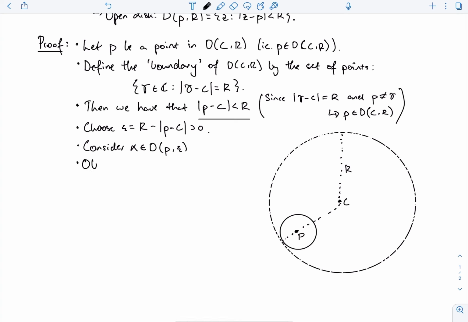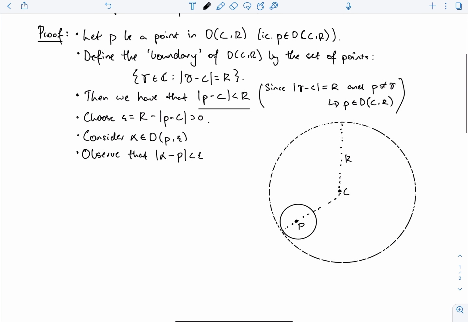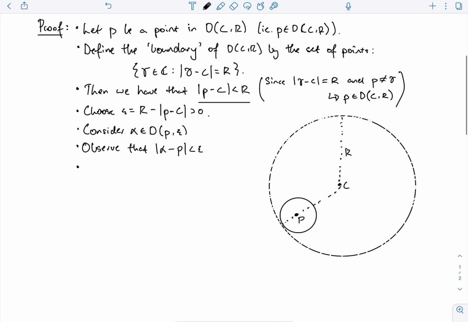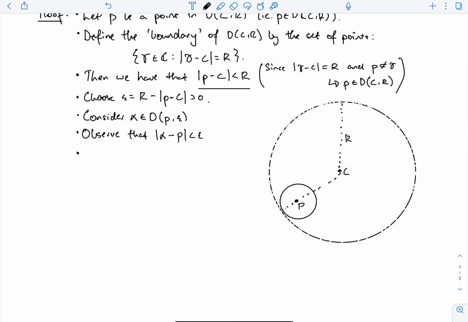And we can observe that the distance from alpha to the point P is less than epsilon. And this would work because of our choice of epsilon. Now we want to consider the distance between alpha and the center, and we want to show that that is less than the radius of the open disk. Let's consider the distance from alpha to the center. We know,